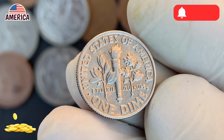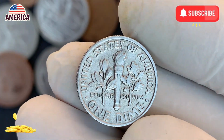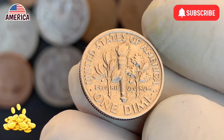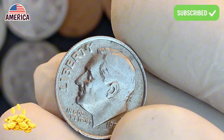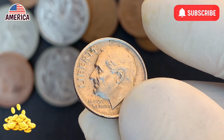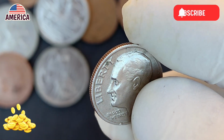Her breakthrough came when she identified a double die error on a 1976 dime that had been miscatalogued for decades. Her discovery not only redefined the coin's market value but also added a chapter to the ongoing narrative of American numismatics. Such anecdotes remind us that patience and expertise can transform what appears to be an everyday object into a